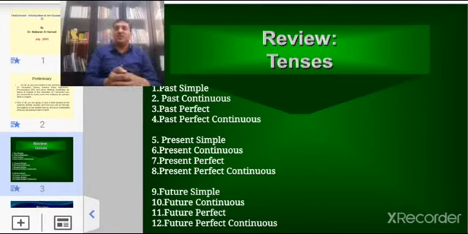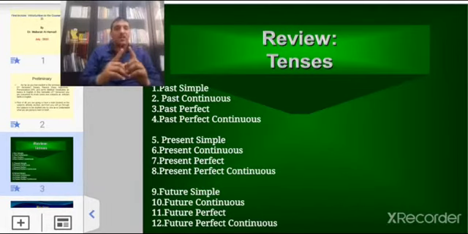Present simple, we have to understand first the sense of using the tense. When can we use the tense? Before understanding and learning the structure, we have to know first its sense. When can we use the tense? Okay, so present simple, it is simple. So whenever you don't want to complicate the idea and talk a lot, you can use present simple. And Americans in general, maybe 70% of their speech is present simple.